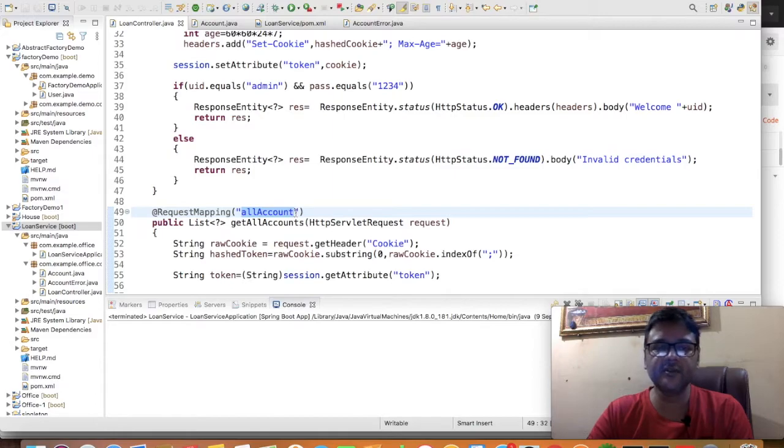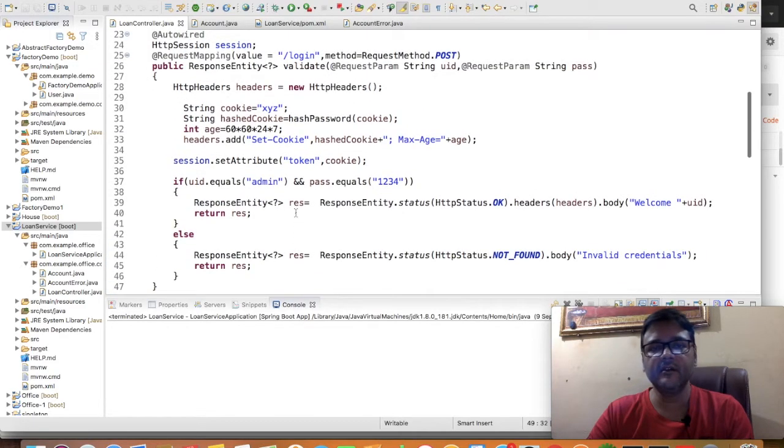Each time the consumer comes, the consumer need not provide the identity, so we will use a cookie here, so that we can keep the identity of the consumer in the servicing center part, and we will provide the response which the consumer wants.